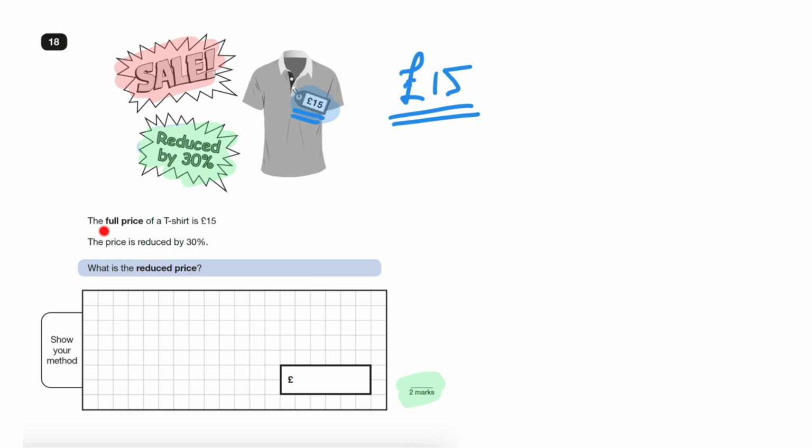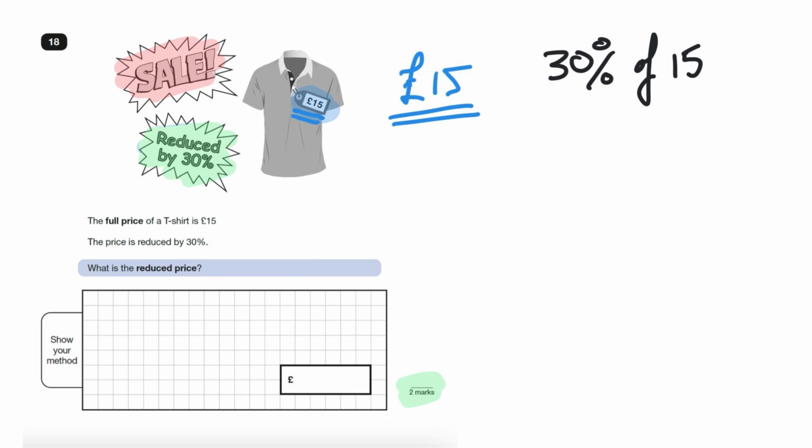Okay, so a full price T-shirt is £15. The price is reduced by 30%. What is the reduced price? So I need to work out what 30% is first. So 30% of 15. Relatively simple to find out. Normally, we would just be able to do that information. So I need to find out 30% of